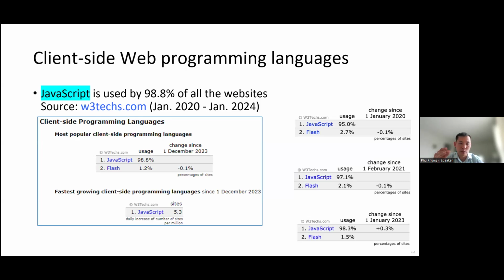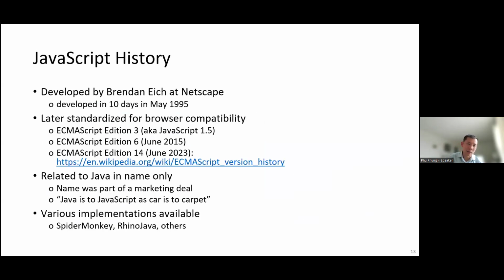If you are familiar with the web, JavaScript nowadays is used by almost 99% of websites, right? And you may or may not know that JavaScript was a language developed in just 10 days in 1995.